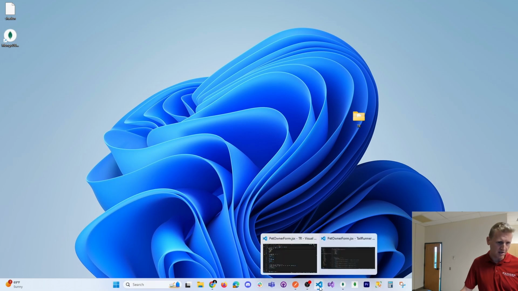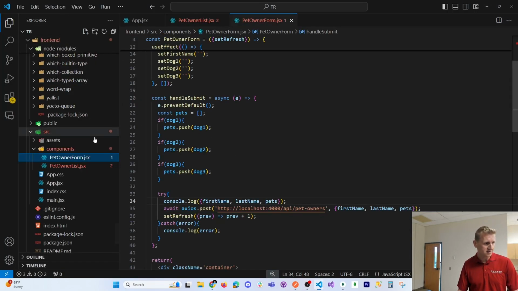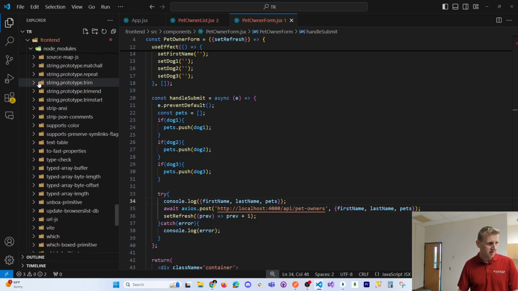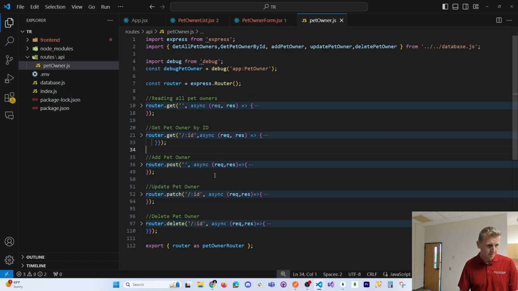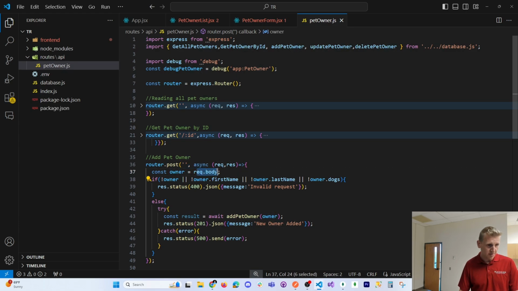So let's go to my back end and log out the post. Let's scroll up. This is my pet owner on the back end, and here's a post, and the owner is req.body. Now, oh, owner.dogs. There it is, owner.pets. On my back end, again, just the same problem over and over, but called it dogs versus pets. This was triggering this response, because I didn't have a dogs, I have pets now coming from the front end. So if I Control S, save that on the back end,